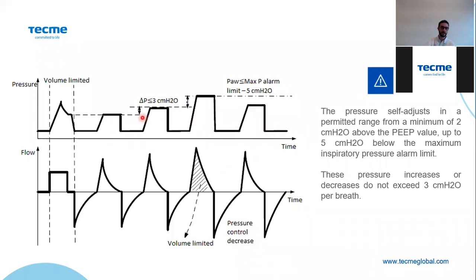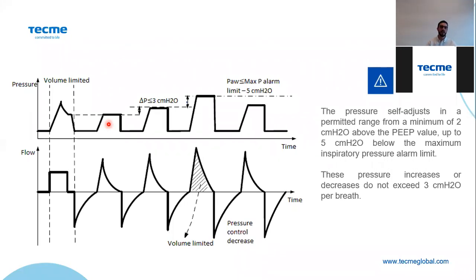So breath by breath, the ventilator will increase or decrease up to 3 centimeters of water the pressure in order to achieve the preset tidal volume. For example, we have this breath and we have a target volume of 10, for example,